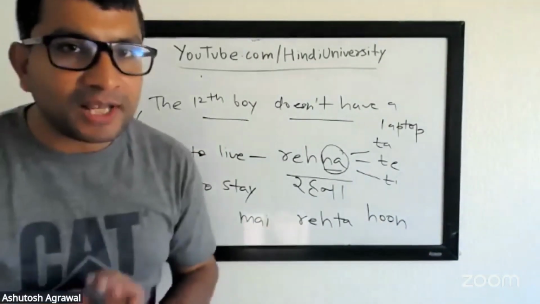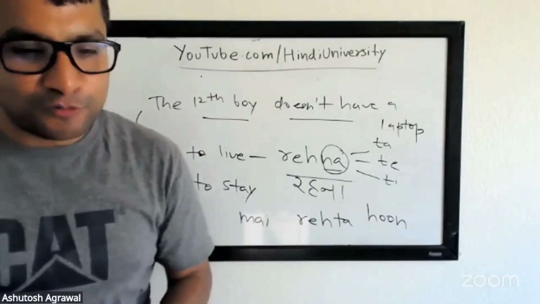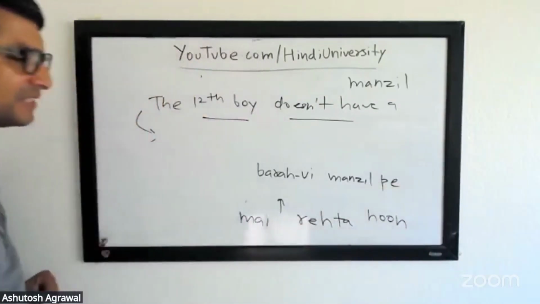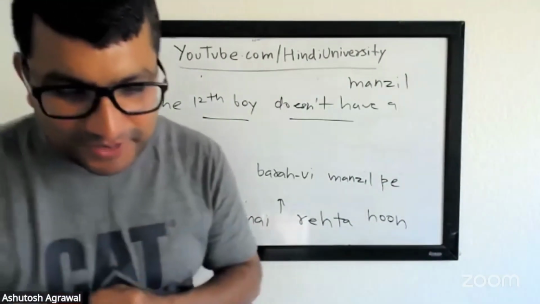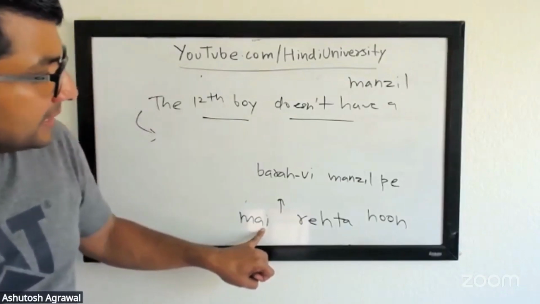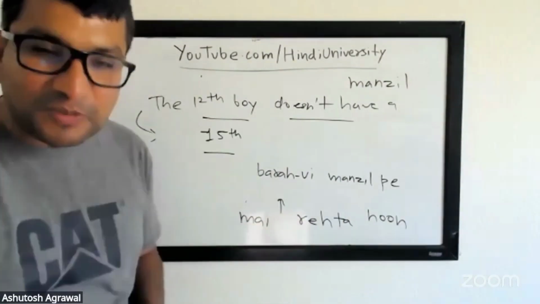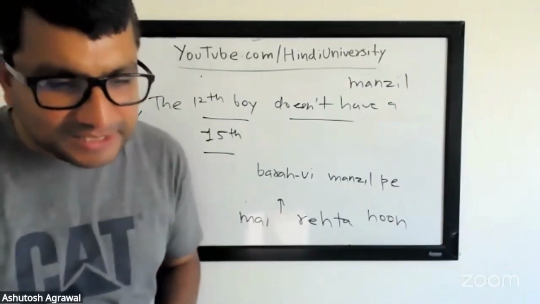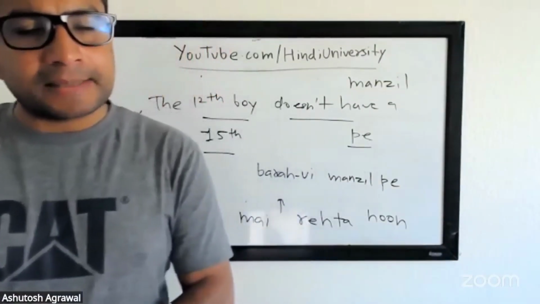Now you want to say I live on the 12th floor. Main barhvi manzil pe rehta hoon. I live on the 3rd street. Main teesri gali mein rehta hoon. I live on the 15th avenue. Pandrahve avenue pe rehti hoon. I want you to get comfortable making simple sentences in